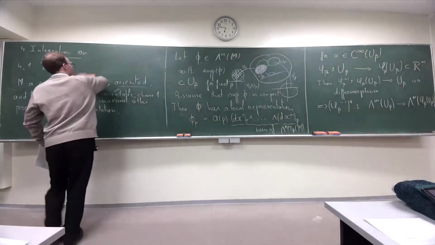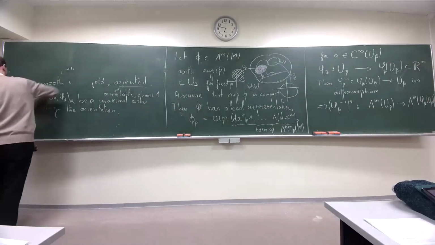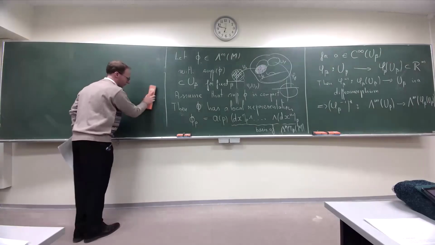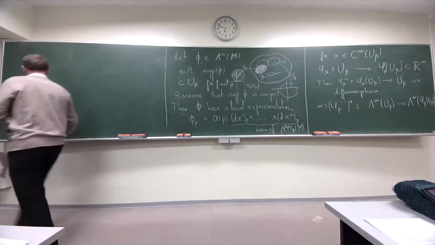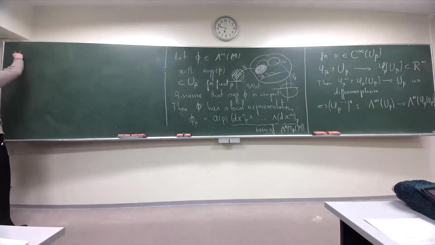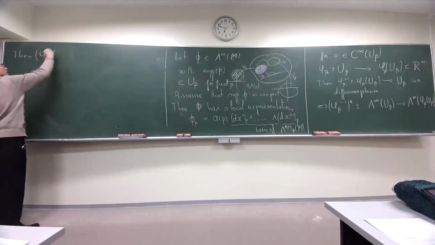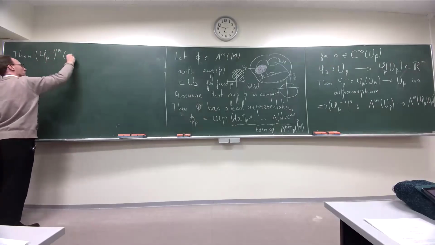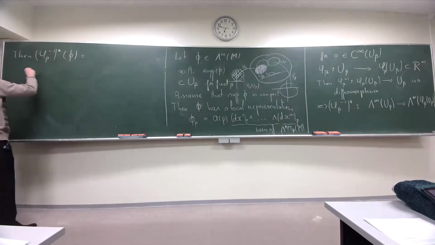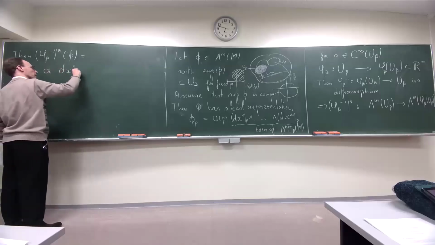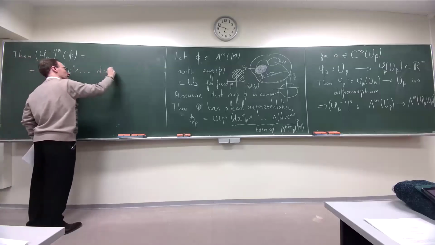And in fact, we even have a very simple formula. What is the image of phi by this pullback? It's phi beta minus 1 star applied to phi, simply A times dx1 ... dxm,